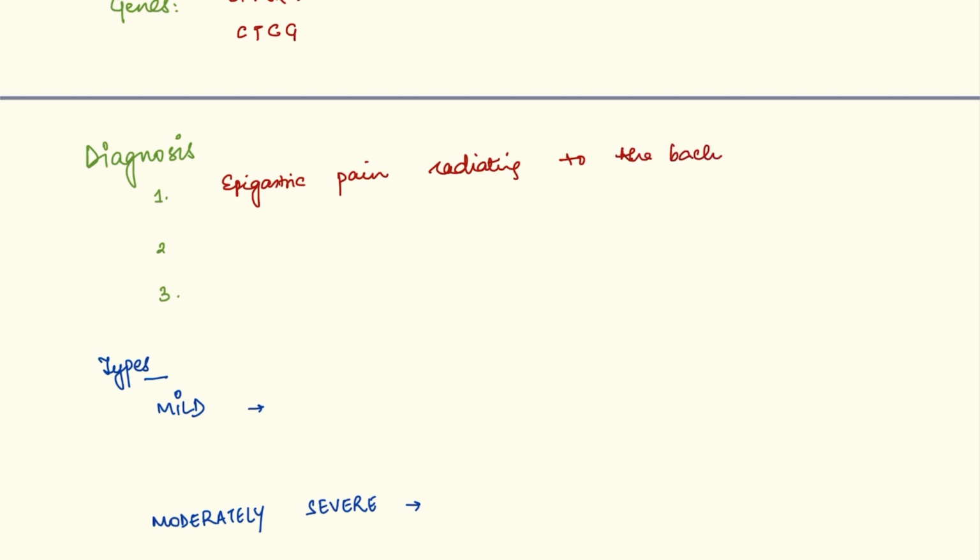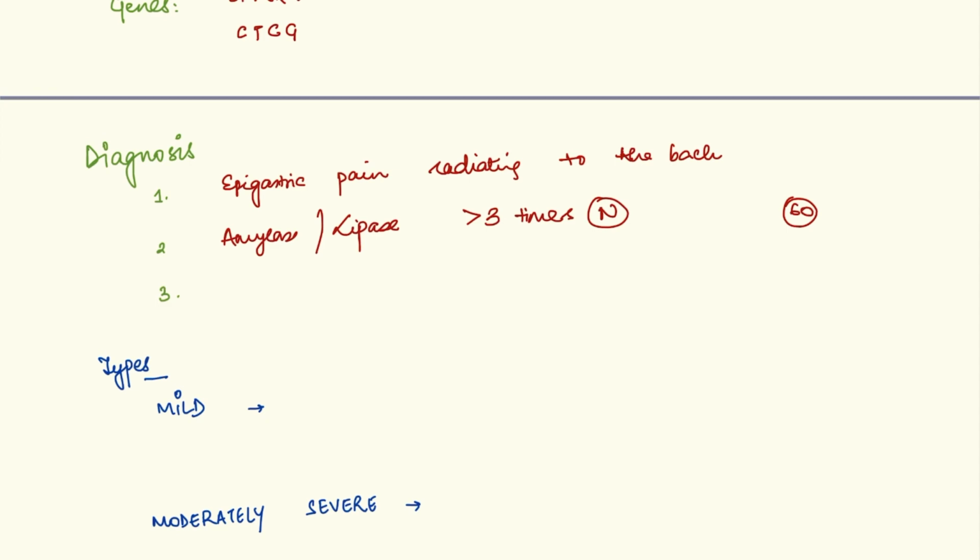Then when you send their lab reports, your amylase and lipase levels will be more than 3 times normal. The normal limit is 60, so it could be 1000 or 800 or 350. Does it depend on how severe it is, depending on the value? No, you don't have to relate, you just have to check. If it is more than 3 times normal, you will use it as a diagnosis, but you don't have to use it as an index of severity.